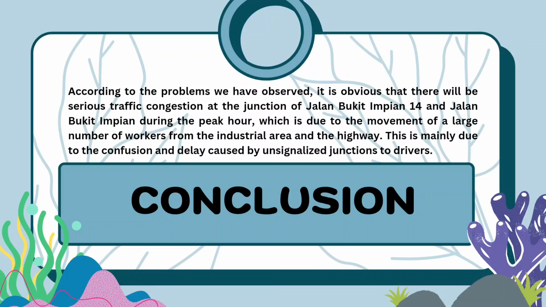In a nutshell, based on the traffic volume we calculated, we can determine that the overall highest vehicle mix is the car. Moreover, we analyzed the speed of all vehicles in the movement during the peak hour interval at the junction at Jalan Bukit Impian. Lastly, we also studied the headway of vehicles in the junction of Bukit Impian 14 at school time in the movement along the Jalan